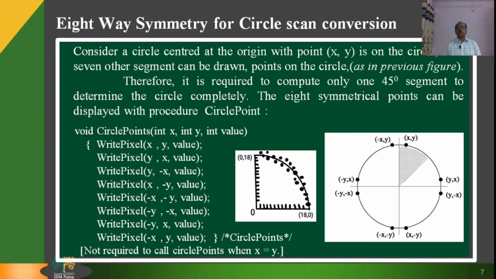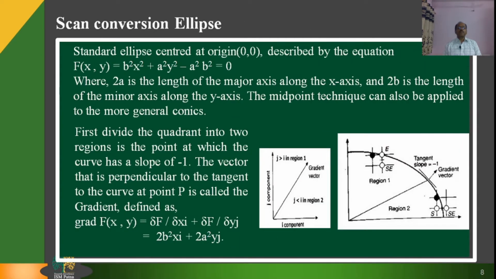So, here you will see on screen 2 figures. In the smaller figure, you will see the points which are scattered near the circumference of the circle, and that is shown for 45 degrees only. So, in this way we do the complete circle. So, next one is